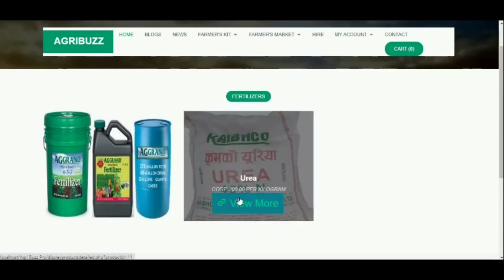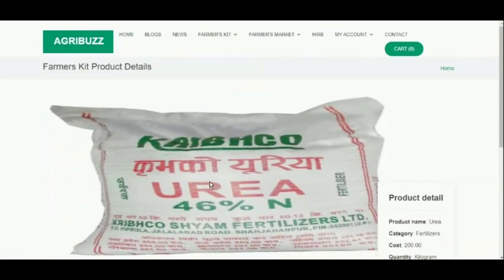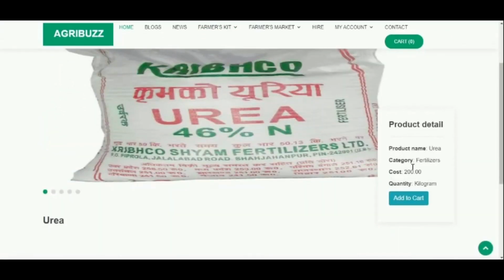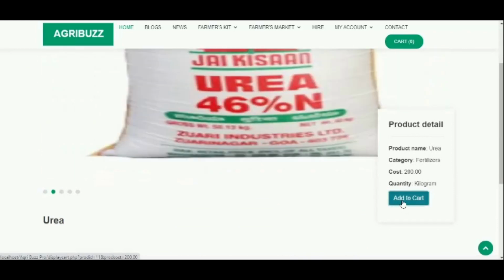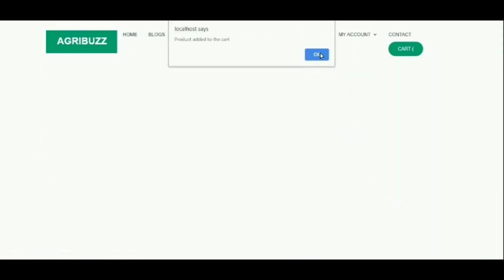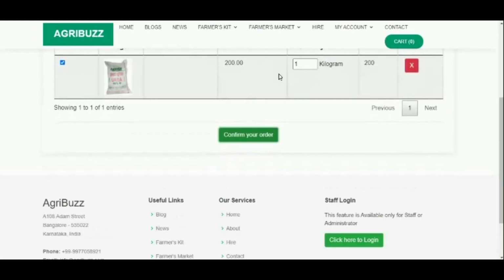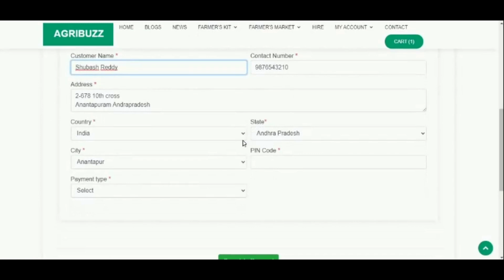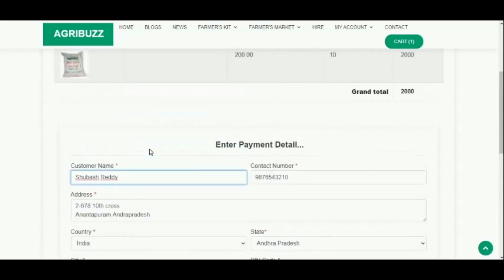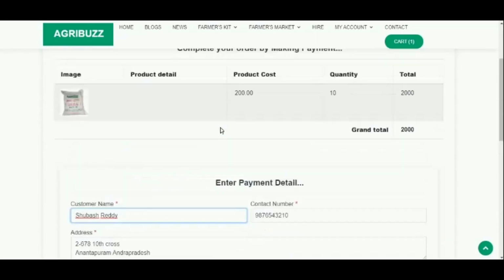Under Farmer's Kit, farmer can purchase the products which are required for the betterment of agriculture. On clicking confirm order, farmer can pay the payment details.